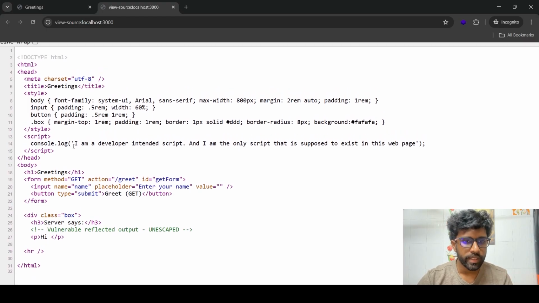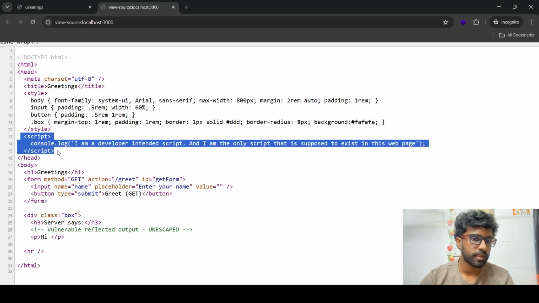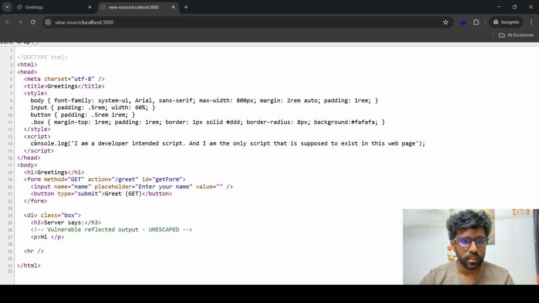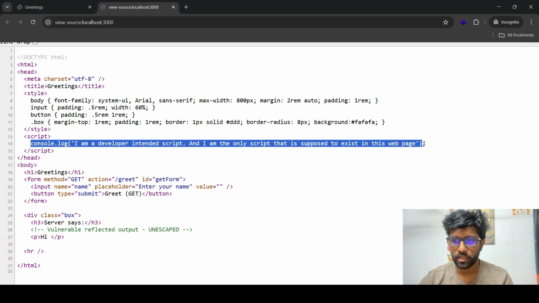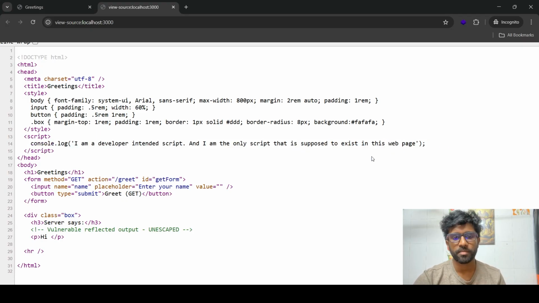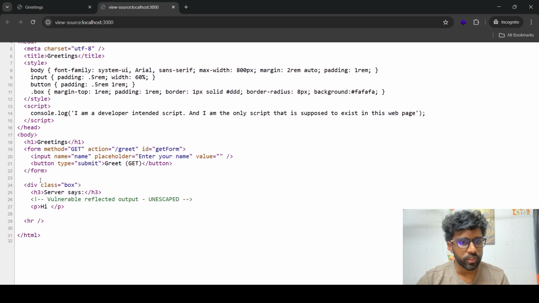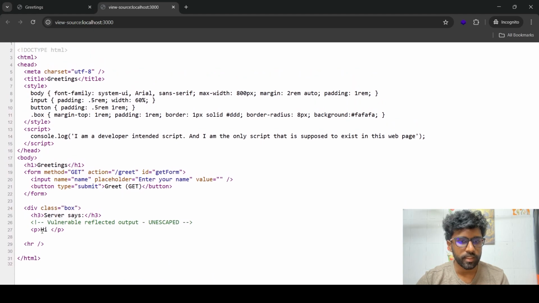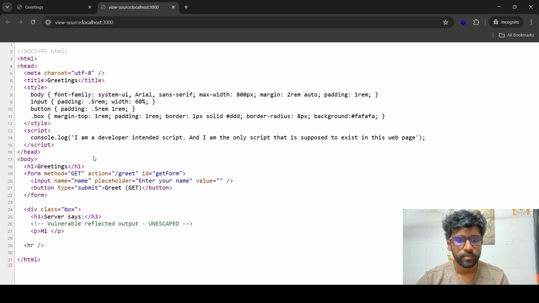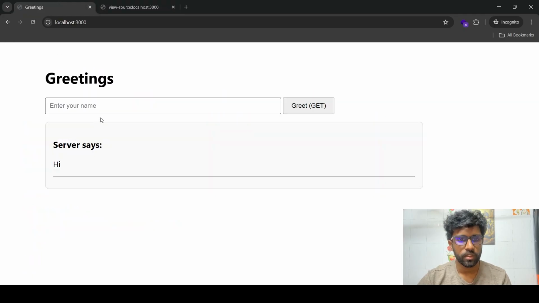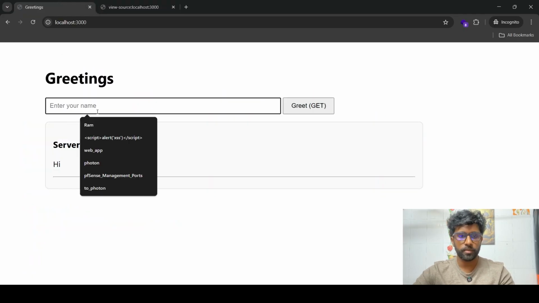In this web page, there's just one script element, and this is the only statement that is supposed to exist as a script. This script is intended by the developer, and if we go through the code, you'll be able to see that there are no other script tags or scripts. Now, if we are able to inject our own script here,